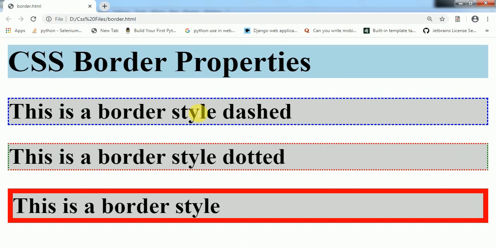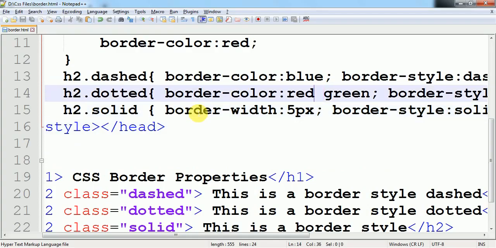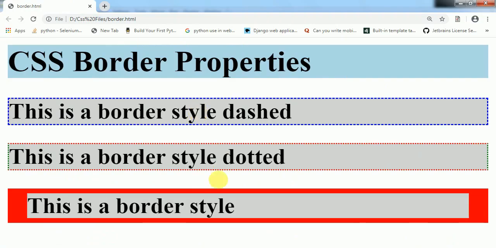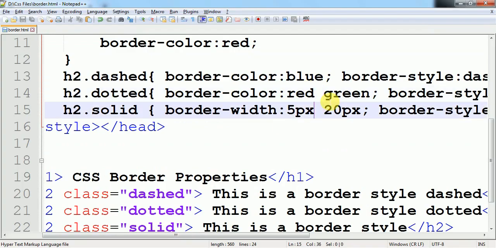All the sides, either top, bottom, left or right, all the sides, it becomes 5 pixel. Is it clear? Now what if I give 2 sides color? The same rule applies here. Top and bottom it is 5 pixels, left and right it becomes 20 pixels. So top it is 5 pixel, bottom it is 5 pixel, right and left we can see that it becomes 20 pixels. Or we change the color also of this one.